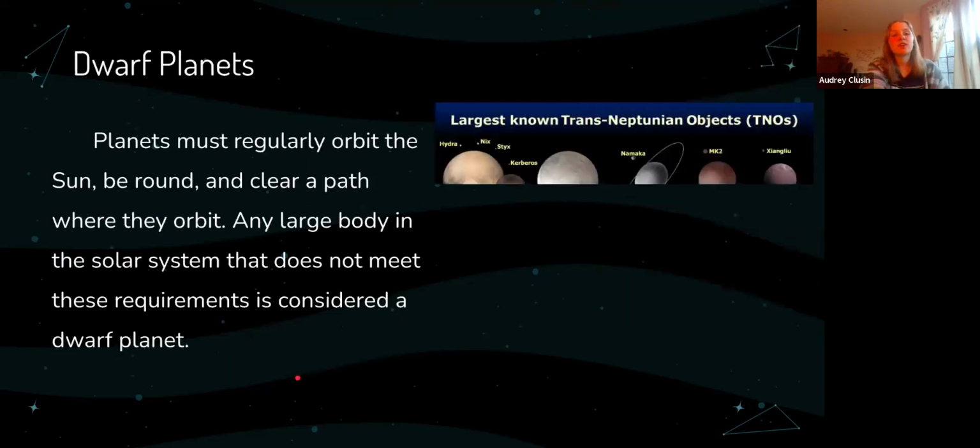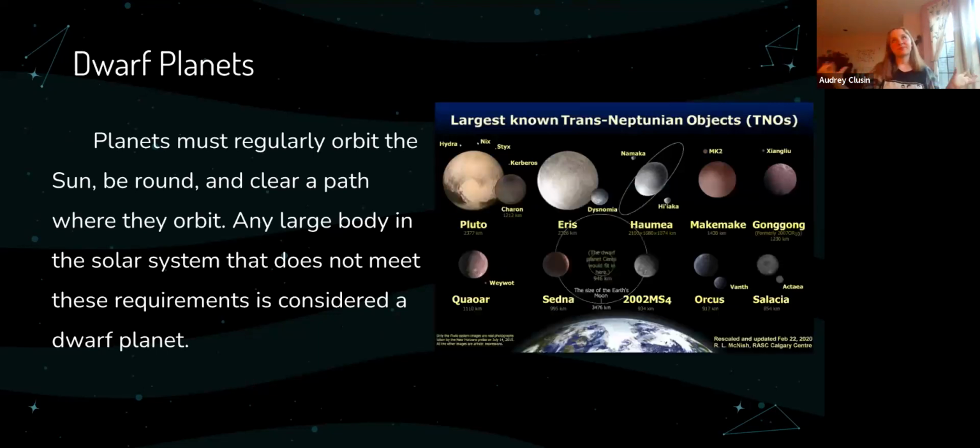So dwarf planets are any large objects that can't technically be considered planets, but are still orbiting the sun and are bigger than asteroids. So in order for a planet to actually be classified as a planet,